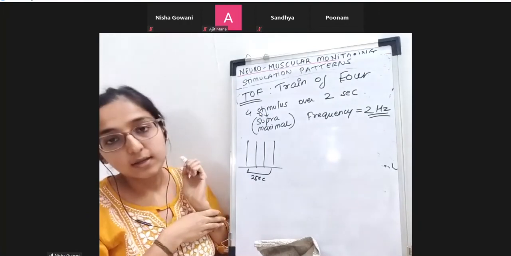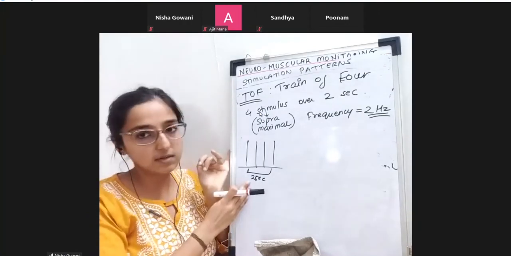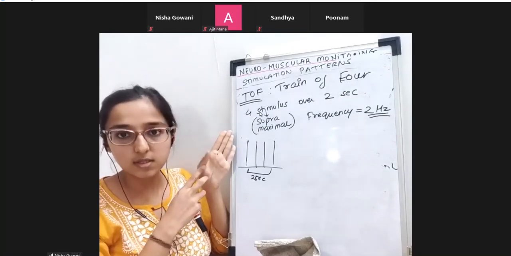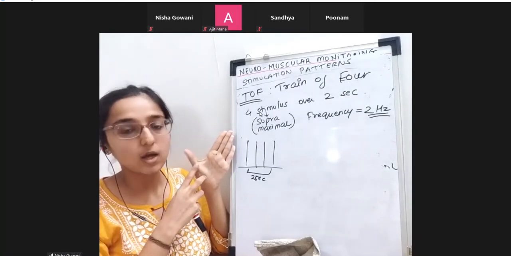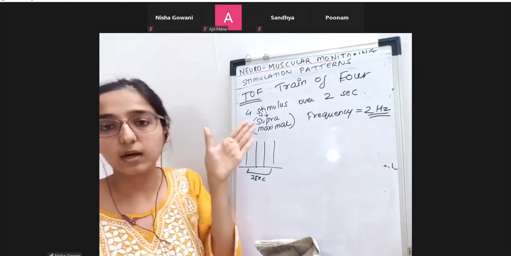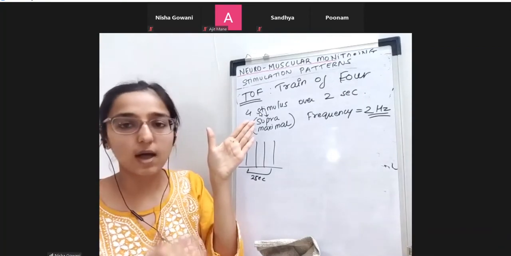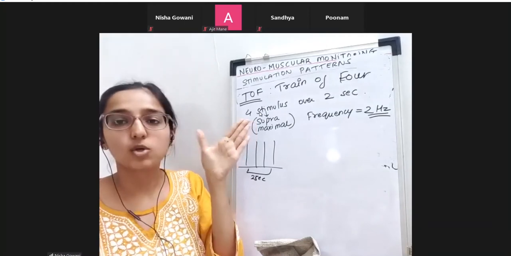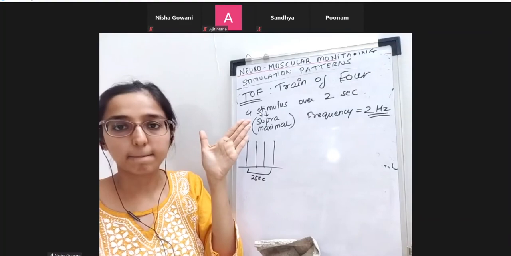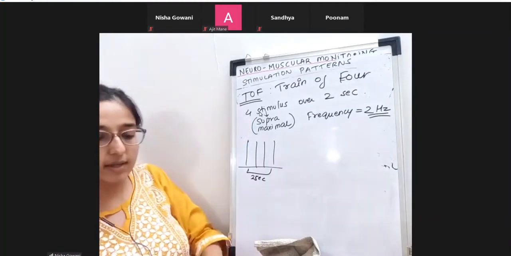All right. Now the current has gone. So this is the delivery of current. Now we will see the response. This is the response which we are seeing. Now the patient is completely awake, not under anesthesia. I have pressed the button. So I'll get 1, 2, 3, 4. Same height. Contraction will be the same.